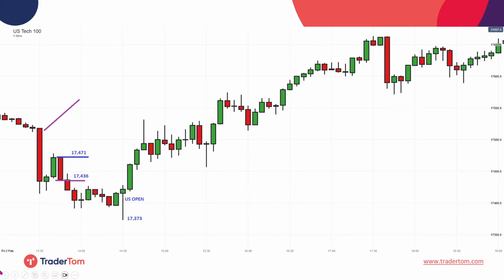I trade something called the rule of 4. The rule of 4 is essentially where I break down a chart. Say this chart here, which is the US tech. I break that down as a 5-minute chart, and then I count 1, 2, 3, 4. When I bracket the fourth bar, this is called the rule of 4, and I will go long above, even if it happens later in the session, and I'll go short below. This is from February 2024. We got 20 seconds.